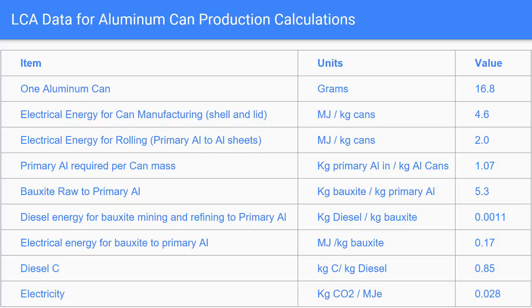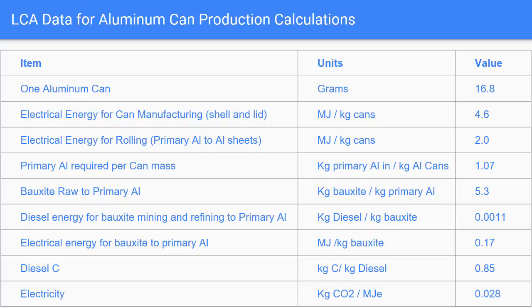The electrical energy required for rolling to transfer a big block of aluminum into a nice thin sheet is measured in the same units but has a value of 2.0. The amount of primary Al, or aluminum, required per can is 1.07 kilograms. Raw bauxite ore to primary aluminum is measured in kilograms of bauxite per kilogram of primary aluminum and has a value of 5.3. The amount of diesel fuel required for bauxite mining and to refine it into primary aluminum is